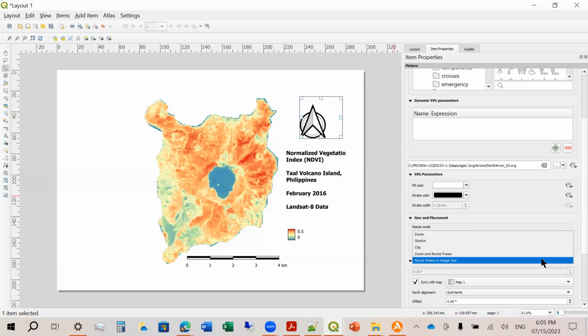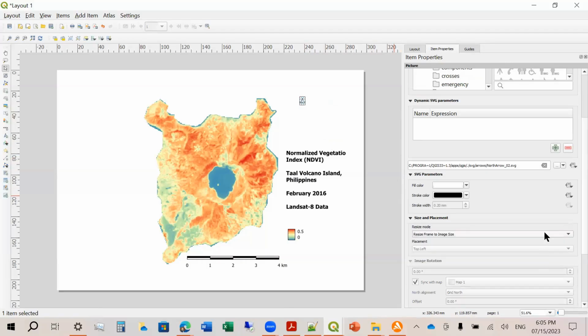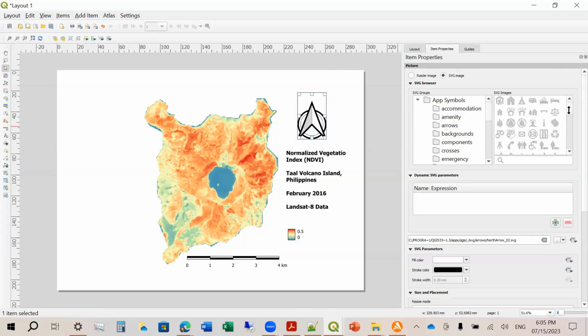The size frame and image size. Okay, we can make it a little bit simpler. Let's say this one, this one, this one is okay.